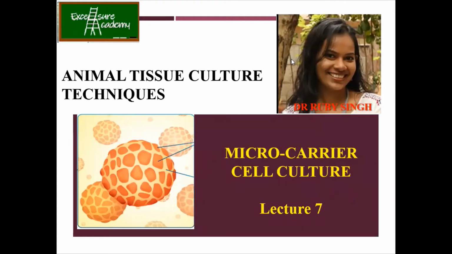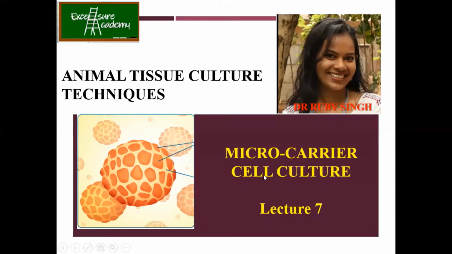So this is another part of animal tissue culture techniques. It's called microcarrier cell culture. Before this, as already mentioned, we have talked about different types of animal cell lines, media composition, anchorage dependent, anchorage independent cell culture, etc. Right? So microcarrier cell culture is actually an advanced form of doing tissue culture. If you see the figure, you can guess it's like on the beads you're actually culturing your cells. It might not be clear right now, but eventually it will be clear. So what we are doing is on the bead surface you're growing your cells. Okay, so let's do this.